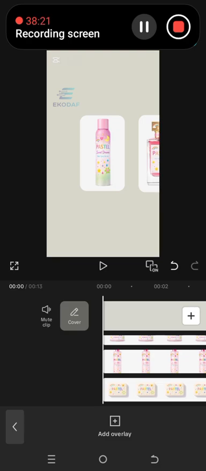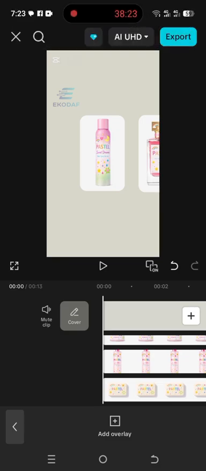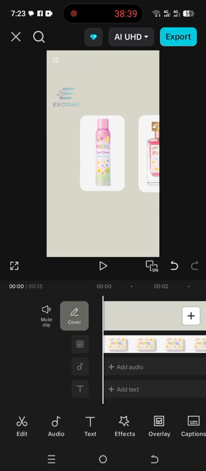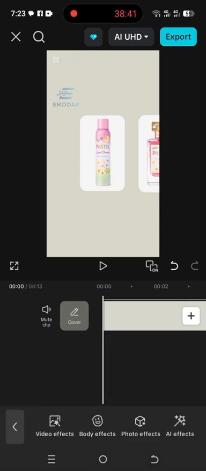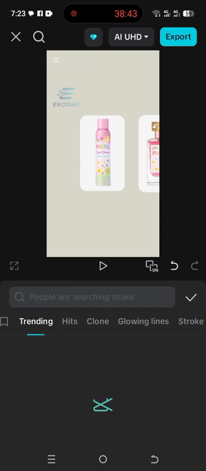So let's spice our carousel slider with some effects. The first effect I want to add is some body effects. So what I will do is I will come to effects. I will click body. I already have some effects I've